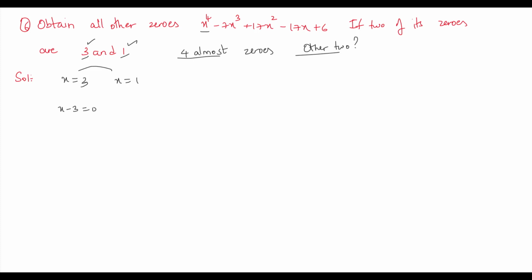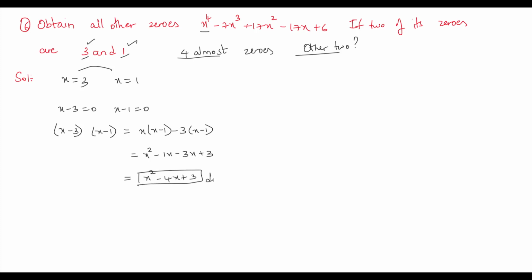So x minus 3 equal to 0 is a factor, x minus 1 equal to 0 is a factor. Then x minus 3 multiplied by x minus 1 will get us a polynomial that is a divisor. That is x into x minus 1 minus 3 into x minus 1. You will get x square minus x minus 3x plus 3. So x square minus 4x plus 3. Hence this is our divisor, or you can say this is the polynomial